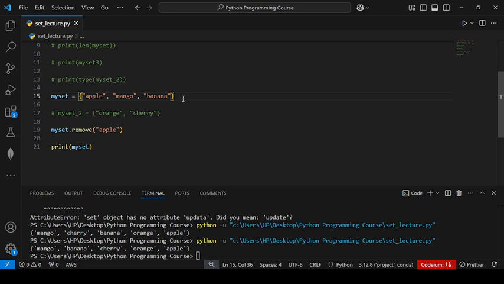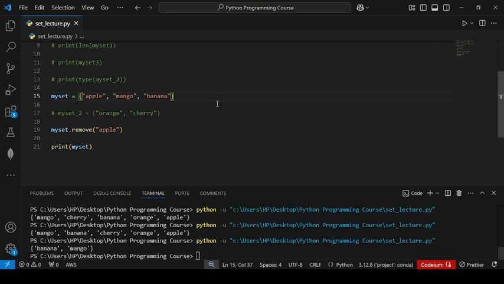First I use my apple here. So here I remove the apple. And suppose you have an item in a set, so you will get the output in a set format. Suppose the item is not present but you are removing it, so you will get an error. I will show you through an example.